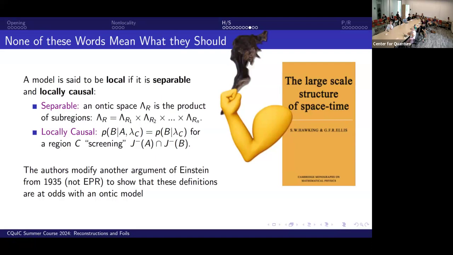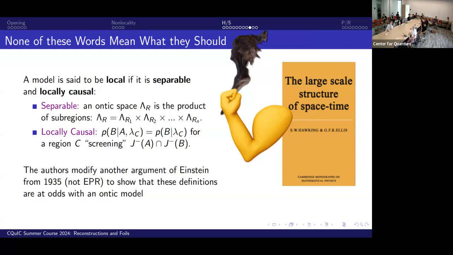But essentially, it just means that you have causality in a nice, suitable local sense, where, for the probability of an event at B, given some event at A and the ontic state at C, if the ontic state at C contains everything you need to know about A, then you can just ignore A. You just deal with that ontic state at C instead. The only complaint I would have here is that these words mean completely different things if you actually know differential geometry in general. But that's a complaint that doesn't matter for these purposes. This is just me explaining the picture.